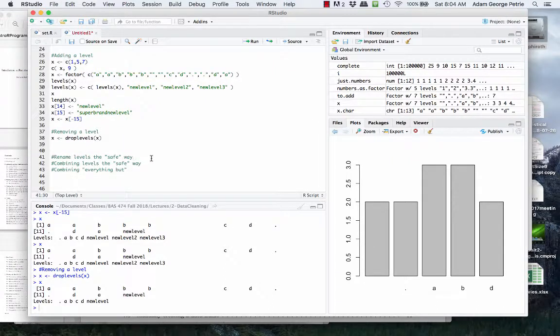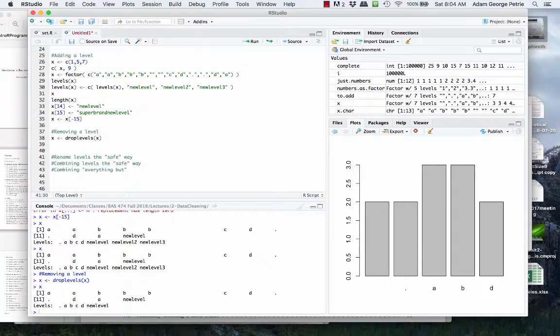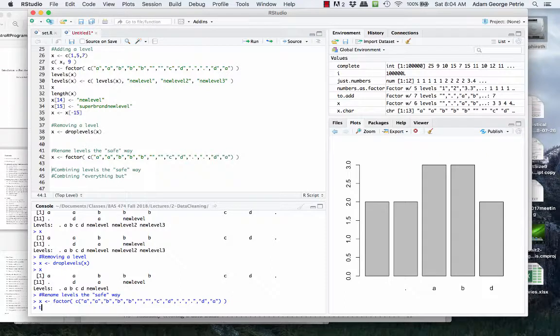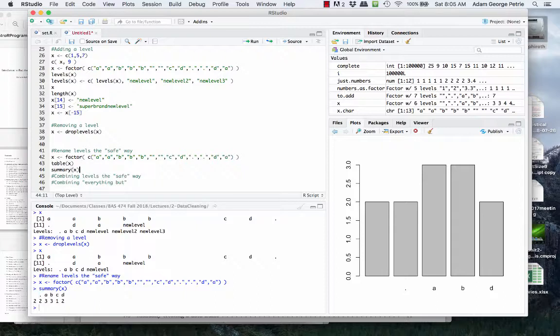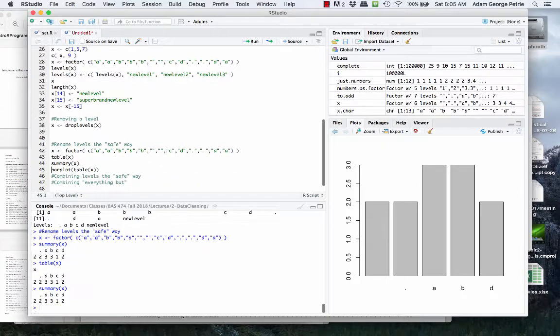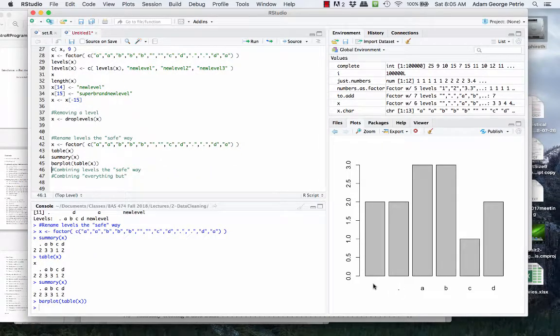All right, it may be the case that you want to rename levels. It's kind of inconvenient that I have a blank inside my values of x. That makes a few things very difficult to see. So when I make a summary of x, what we see is that, all right, the blank is represented by literally a blank. There's nothing on top of this 2 here, and sometimes that can give some rather confusing output. We don't really know what that's referring to. So table x, summary x, or even making the bar plot gets to be a bit confusing because this blank appears,